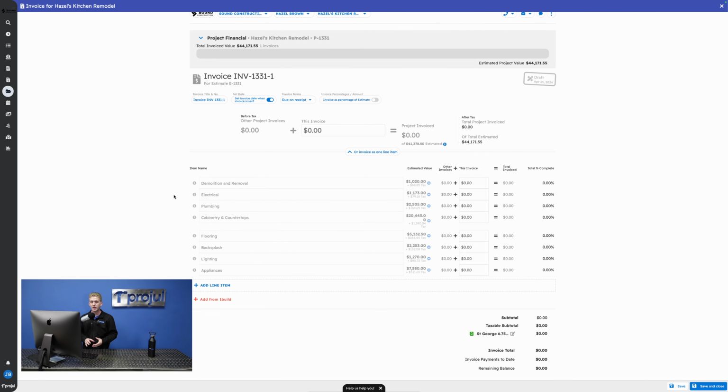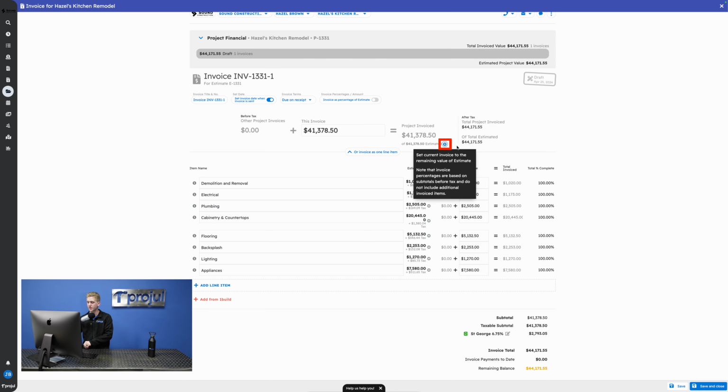If I'd like to bring in the entire remaining balance for either my entire invoice or just a specific item, these blue arrows that are shown on the screen will allow me to do so. This arrow up top is what I would click if I'd like to bring in the whole remaining balance for the rest of the project. This is extremely helpful when creating a final invoice or when I'm wanting to fully invoice for certain items from